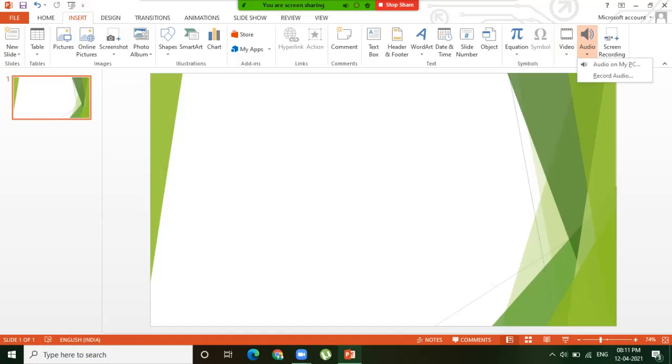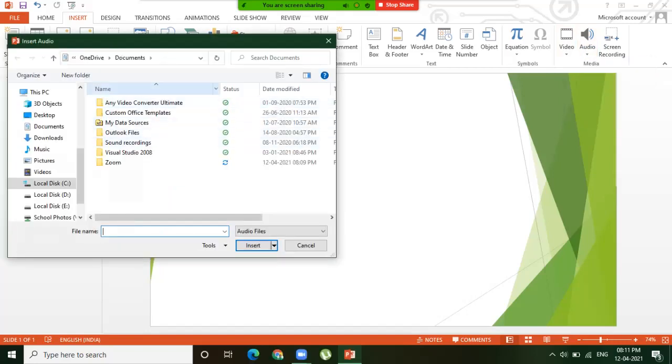When I click the audio button, a list of options appears: audio on my PC, and second one, record audio. First one, audio on my PC. Click on audio on my PC. When I click it, an Insert Audio dialog box will appear.